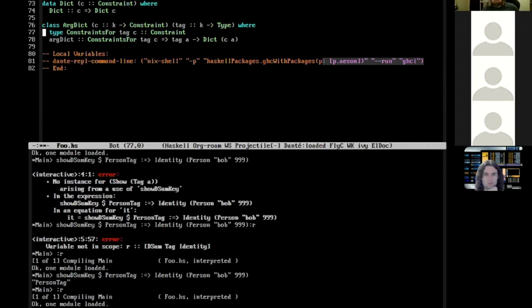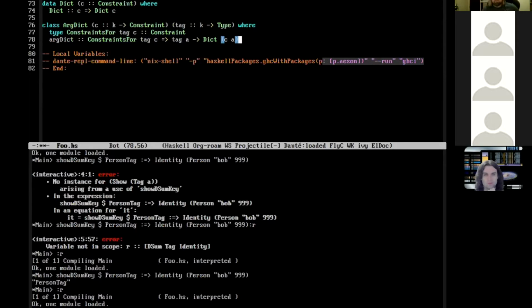It's saying that to create an ArgDict instance for some constraint constructor C for some tag type, we need to provide the set of all possible constraints we might need. And then if we have all of those potential constraints, then given a tag that tells us exactly which A we have, we can get a dictionary back for that.